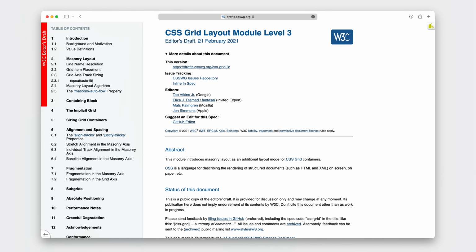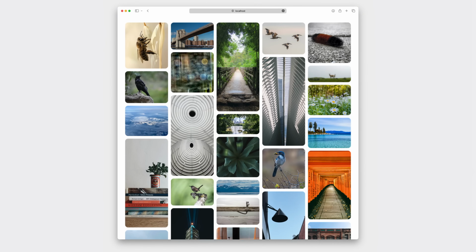A proposal for creating masonry as part of CSS Grid was started several years ago and implemented in Firefox as an experiment behind a flag. We believe in this idea and would like to see it come to the web, so now it's in Safari Technology Preview on by default, where you can try it out, tell us what you think, and help us move it forward. Here's an example.